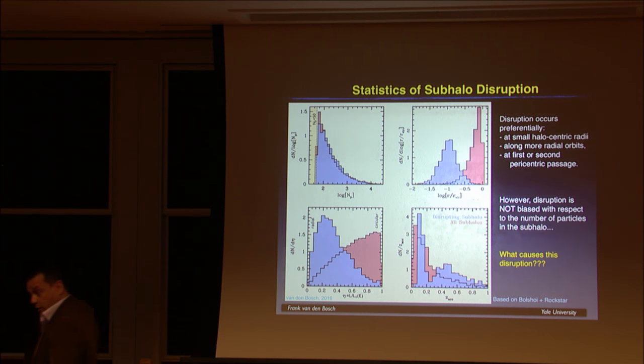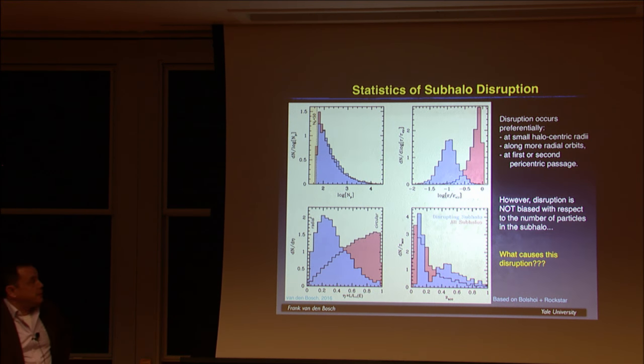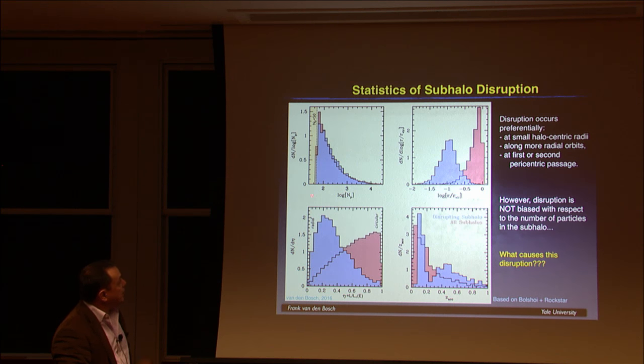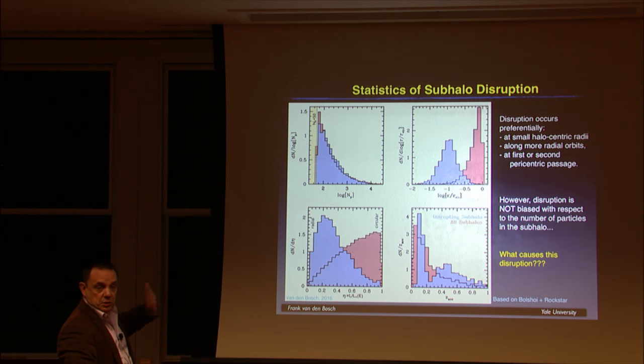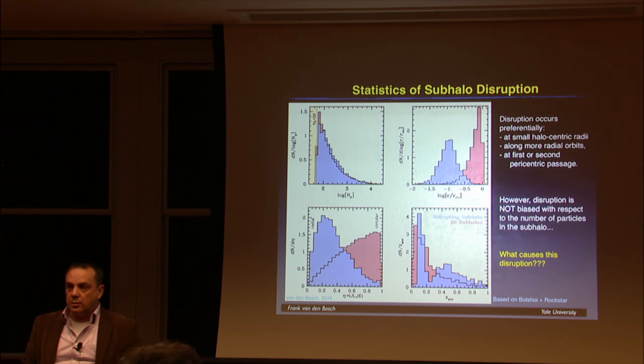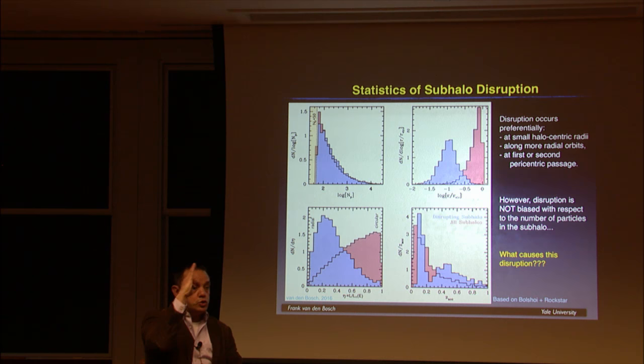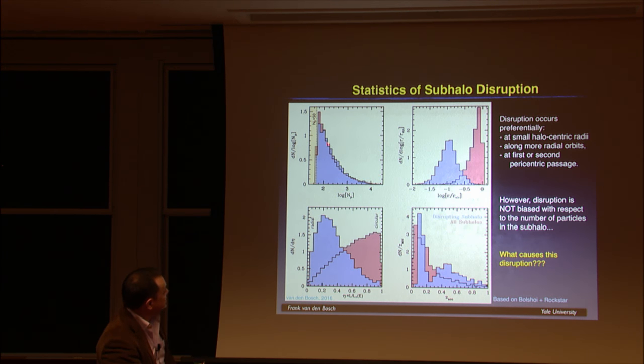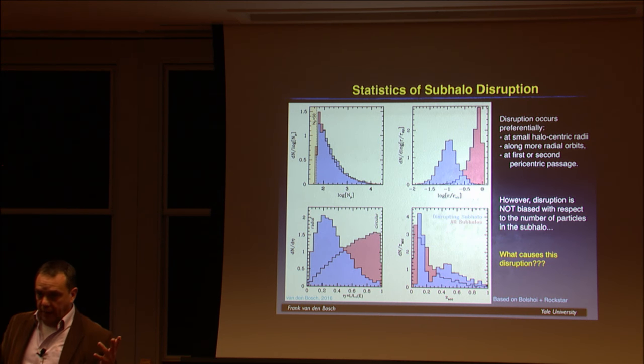That already is puzzling. The most puzzling aspect, though, is this one. This is the distribution of the masses of the subhalos at disruption, but expressed in terms of the number of particles in the subhalos at disruption. So here's this 50 particle limit. I don't do anything with subhalos below that because that's where the mass functions don't converge. And the thing that really surprised me, I expected to see disruption close to that mass limit of 50 particles. But clearly, the things that disrupt have the same mass distribution. If anything, they're a little bit more massive even than the average subhalo.